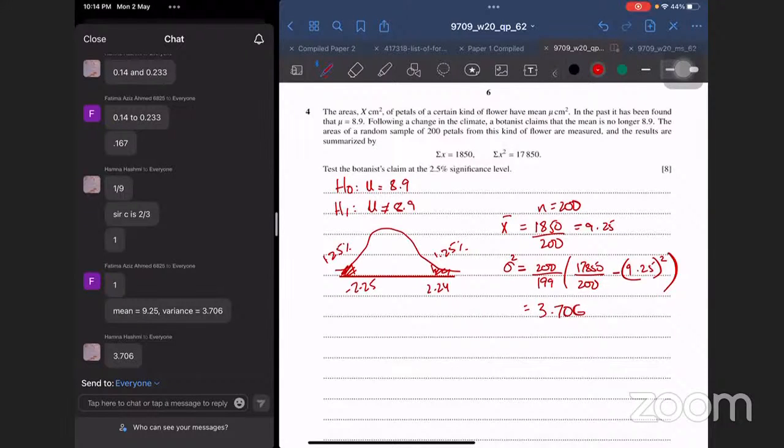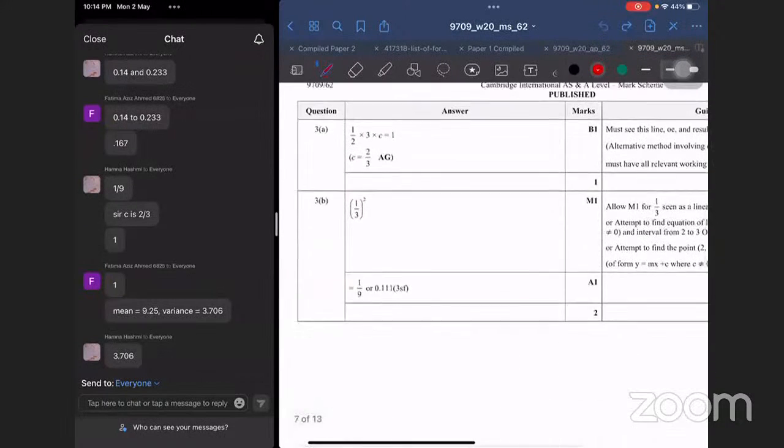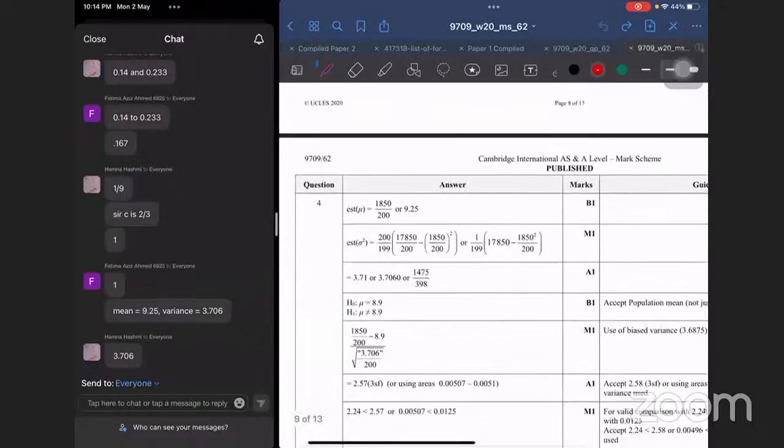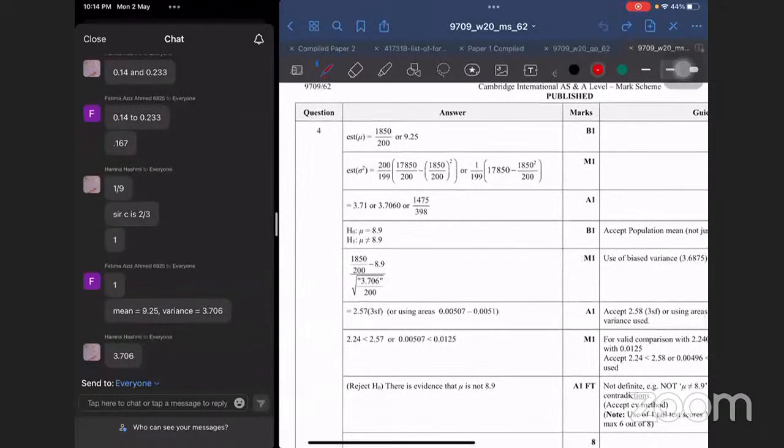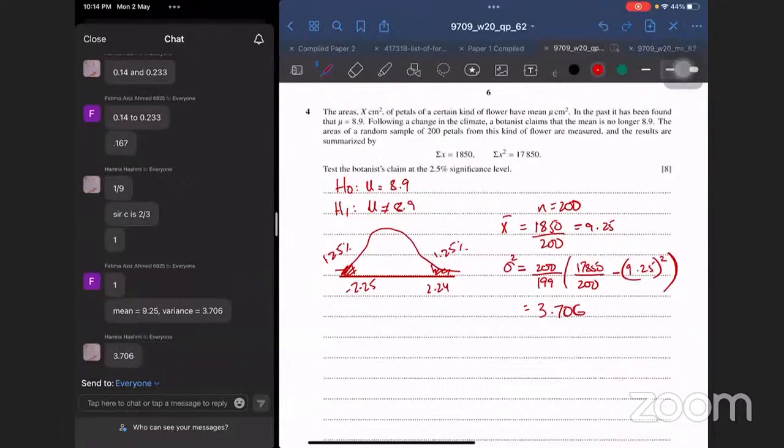I'm just checking my numbers if I have them right. सही है, अभी तक numbers सही हैं मेरे।